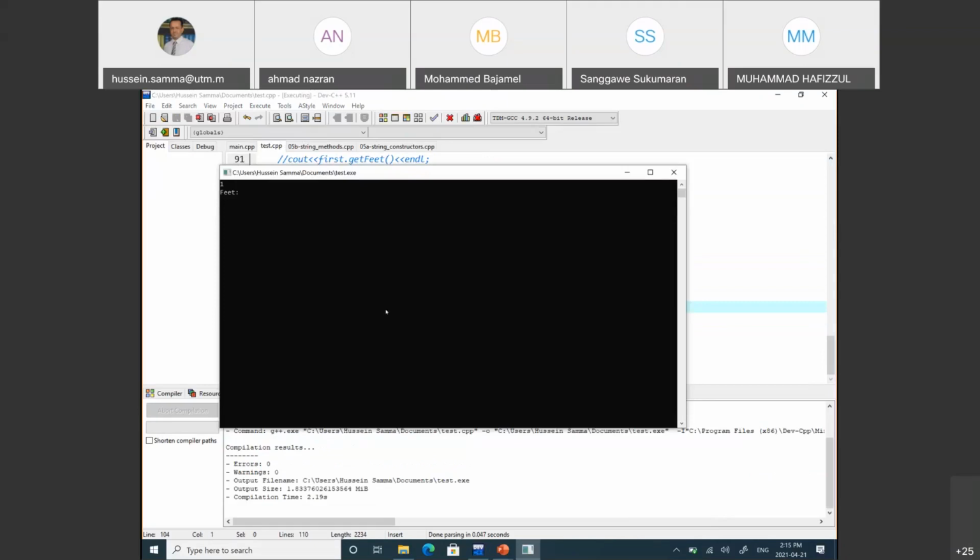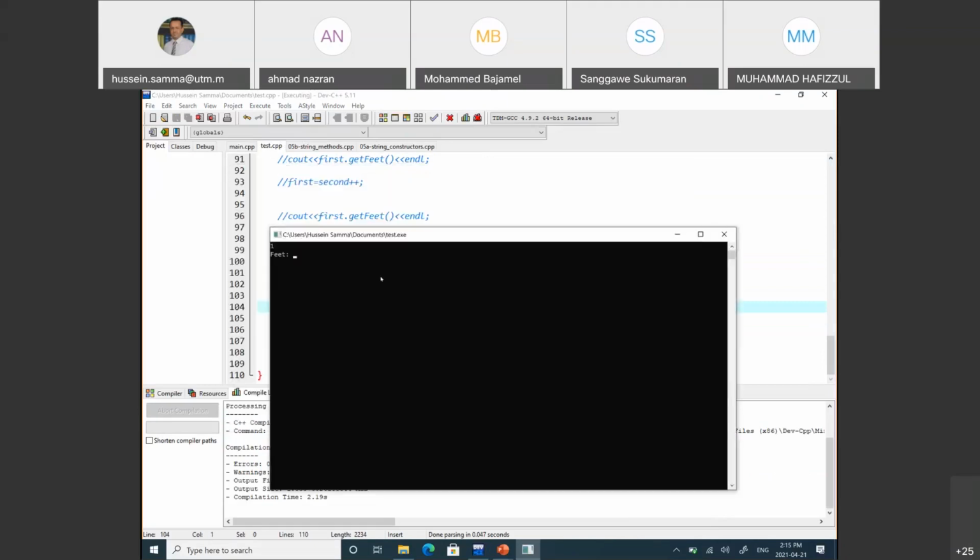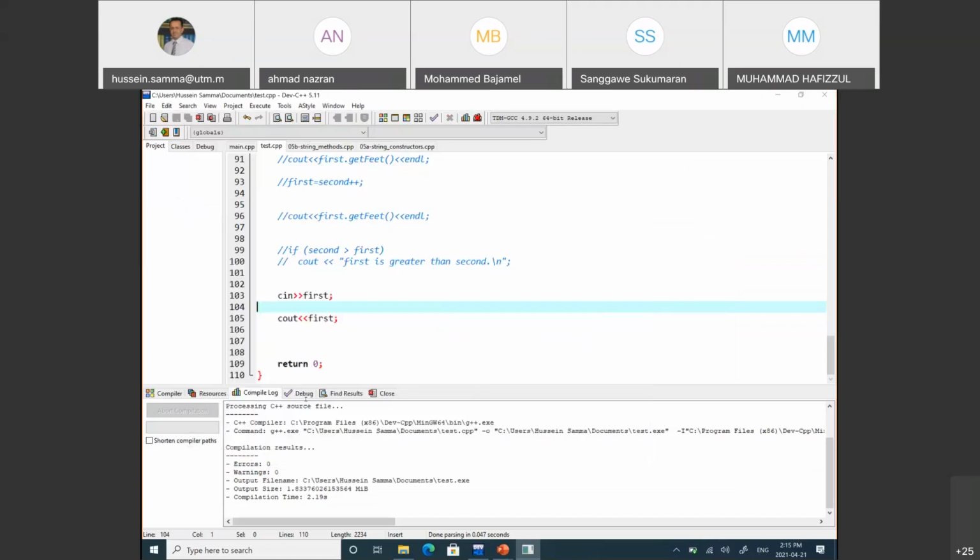So now Cn, the first object, how many feet? 12. How many inches? 10. So this is the first object Cn. Now I will call Cout for the same object, 12, 10. Right? So I'm reading, writing as it is. I'm reading the content of the first, then I'm writing out, in, out. But now